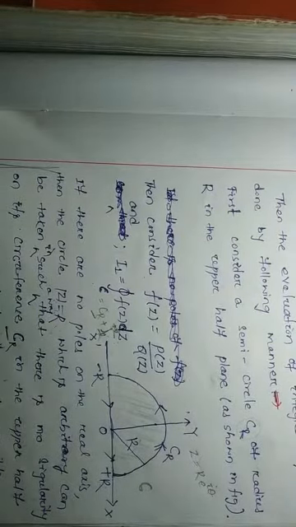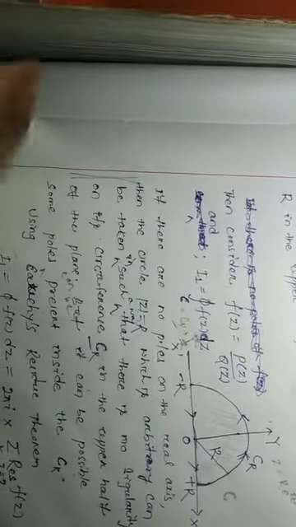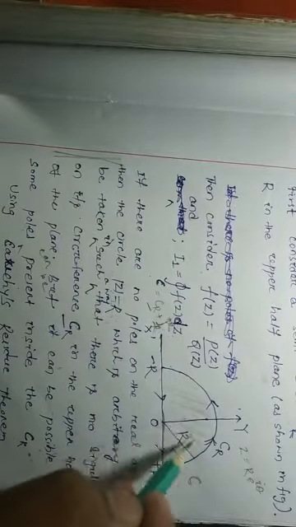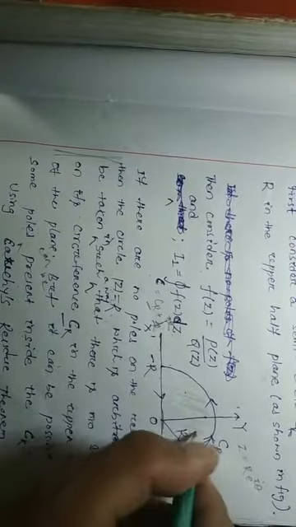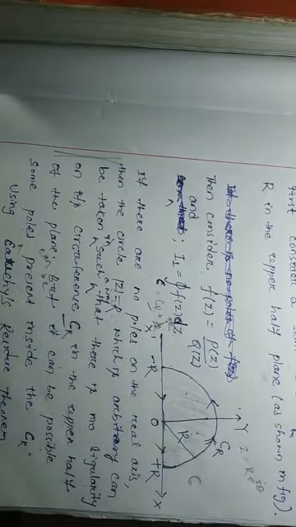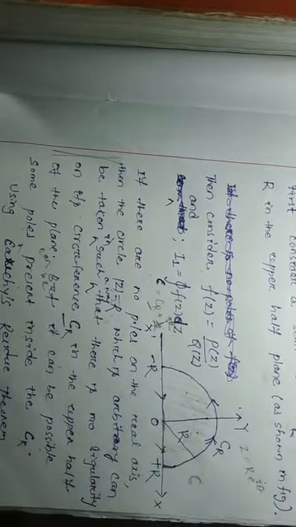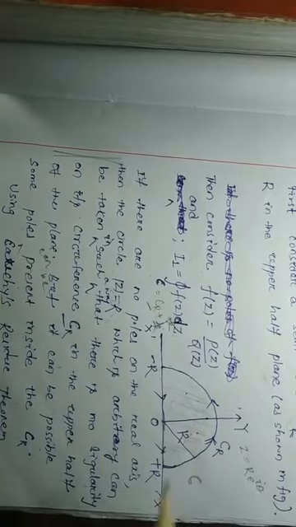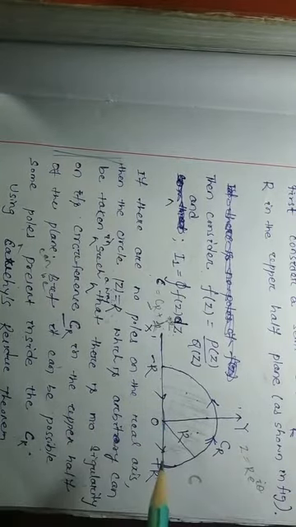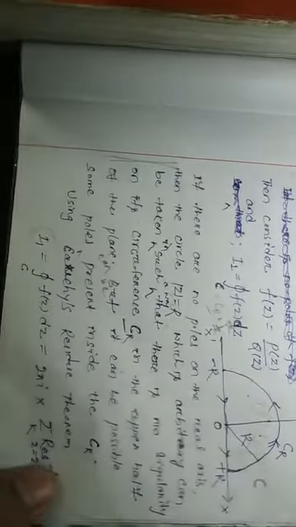But it can be possible that we find poles in this region. Here may be a pole, here may be a pole. It is possible that some poles are present inside this sphere. If we find poles in this region, then we can apply Cauchy's residue theorem. By using Cauchy's residue theorem, we can easily find this integral's value.